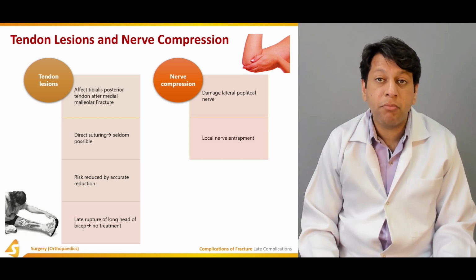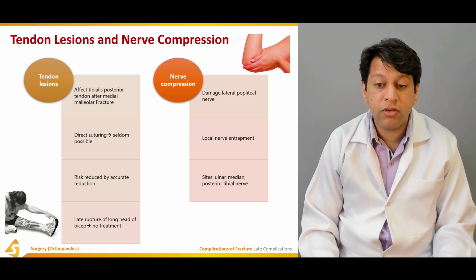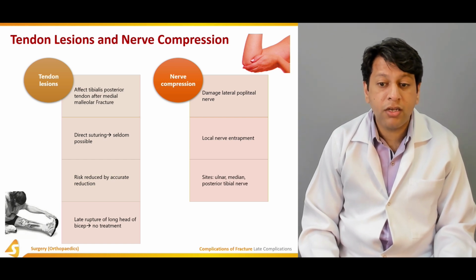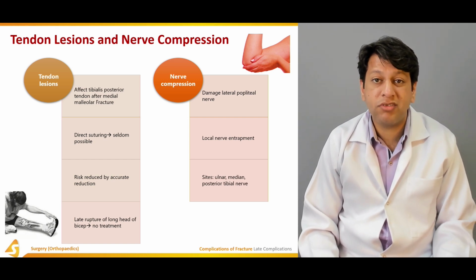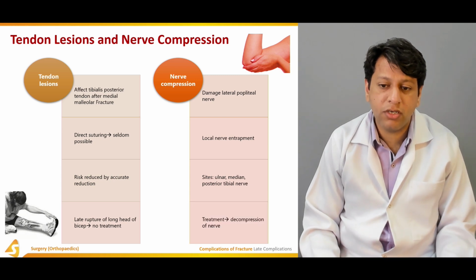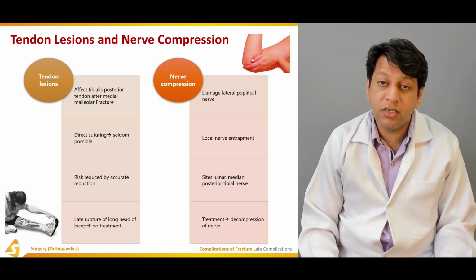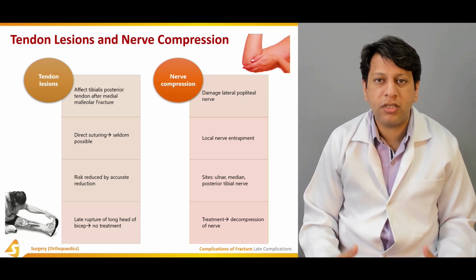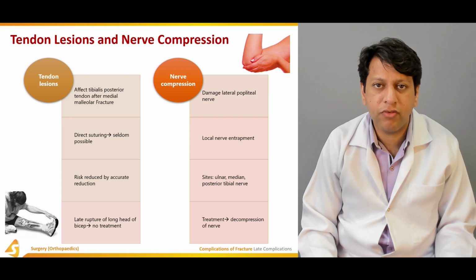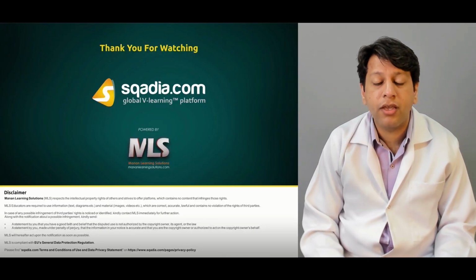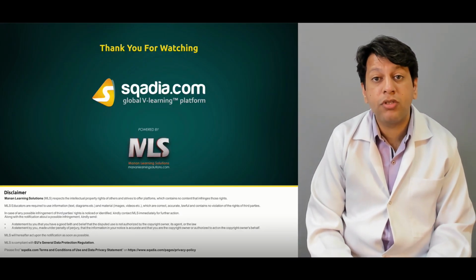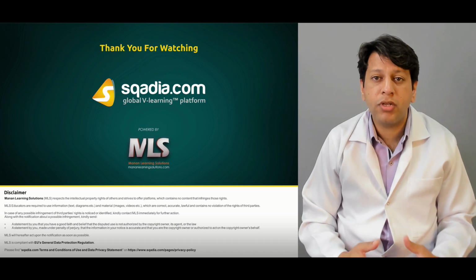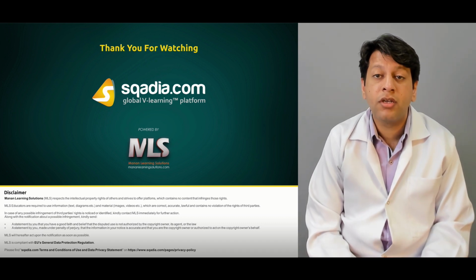Local nerve entrapment may be seen as well, which may be very painful. Sites are usually the ulnar, median, or posterior tibial nerve, around elbow dislocations and knee dislocations. For nerve decompression, the most important way is to reduce the dislocation, and usually it relieves the nerve compression. In this section, we have briefly gone through the other late complications of trauma,